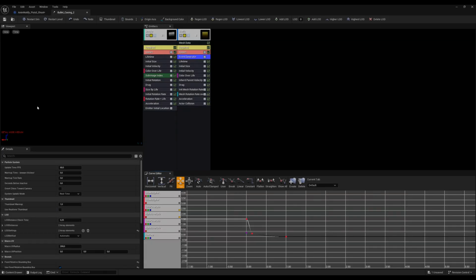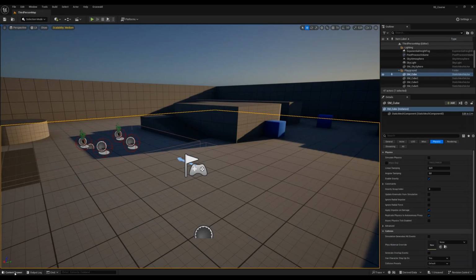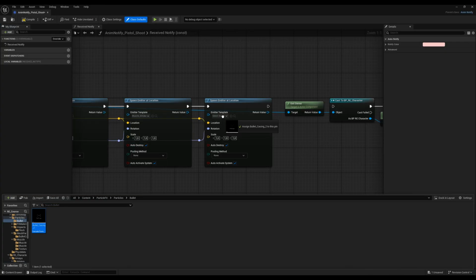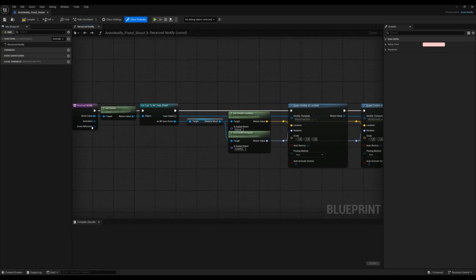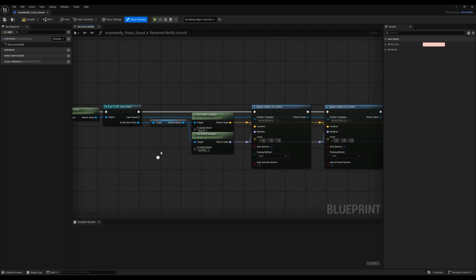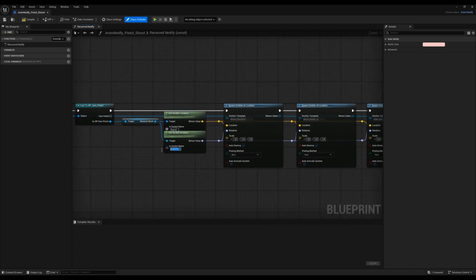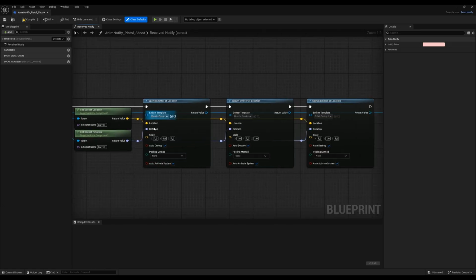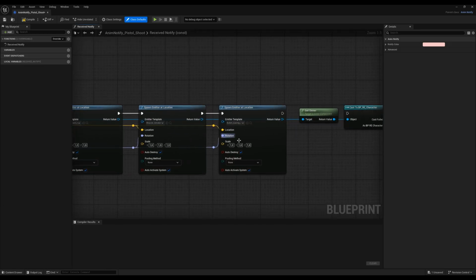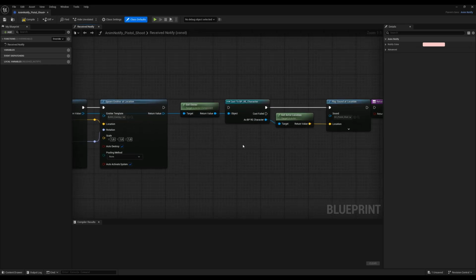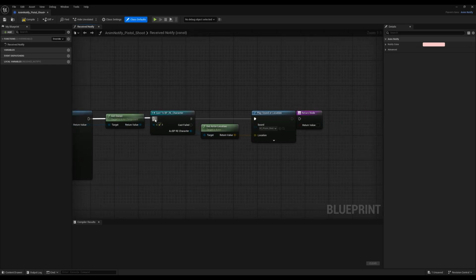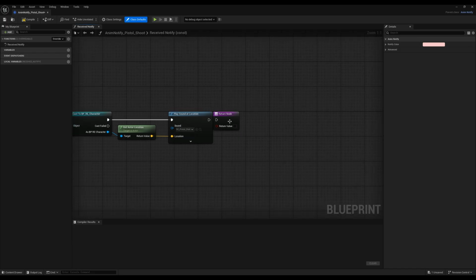Yeah, so you can see the bullet is coming out. And I get this one. Just get this bullet casing. Okay, so location, rotation is all getting casted to our pistol, and in our pistol we know it's from, oh my god, barrel. So make sure this is typed correctly. I spawn the muzzle flash, then I spawn smoke at the same time, and also a bullet is flying out. And yeah, okay, and then we can just connect this one to the cast to BP RE character, because unfortunately